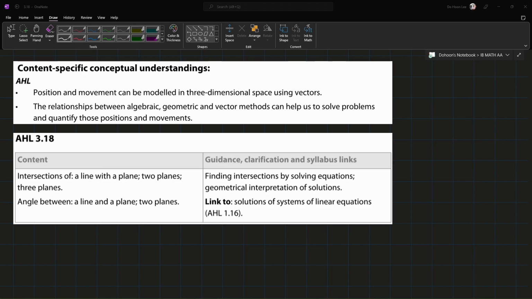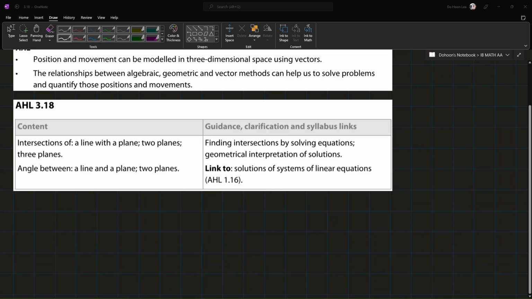The first part of this video will be on the intersection of lines and planes. Just like the 3.15 section, a line and a plane could be intersecting each other, or be parallel to each other, or coincide with each other. Let's first look at the intersection. Just like two lines intersecting, we can put the equations equal to each other to find the point of intersection. And let's put